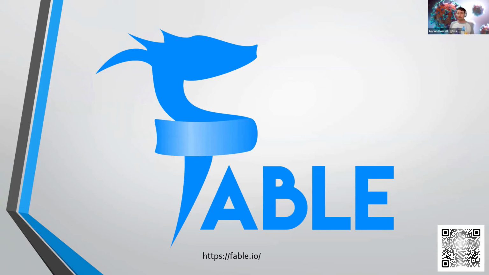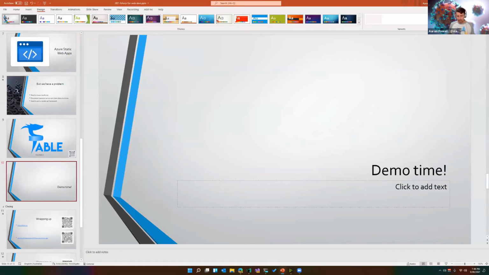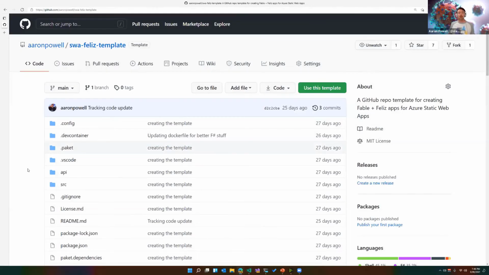Thoroughly confused of what's this idea, and why would we want to do this? So let's depart from the slide deck and have a look at actually some demos. For this, I'm going to be using a GitHub repo template that I've created that you'll find on my GitHub repo, github.com/aaronpowell/swa-feliz-template. And Feliz is a library that's been created for Fable, which allows you to do React-style programming in F#